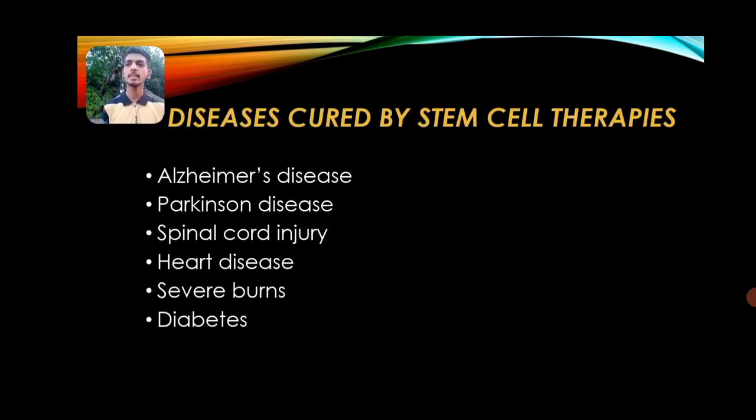First is Alzheimer's disease. Alzheimer's disease is a progressive disease that destroys memory and other important mental functions of our body. And after that is Parkinson's disease. Parkinson's disease is related to our CNS, the central nervous system, and affects movement, often including tremors as well. So Parkinson's disease is related to our central nervous system. After that is spinal cord injury, in which damage to the spinal cord and any of the nerves at the end of the spinal canal takes place.